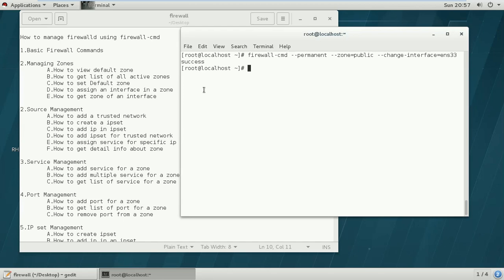If you have some other zone, you can change the zone of a particular interface by using the command firewall-cmd --permanent --zone=zone-name and then --change-interface. So this command will change your particular interface to a particular zone. You can use this, and if you want to verify,